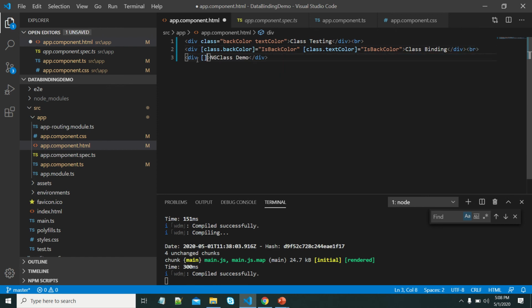Here if you want to use ngClass, we can specify the object where, suppose, is back color.